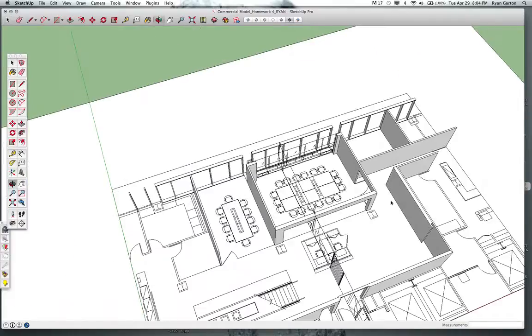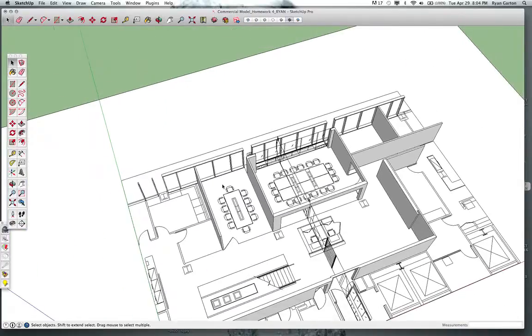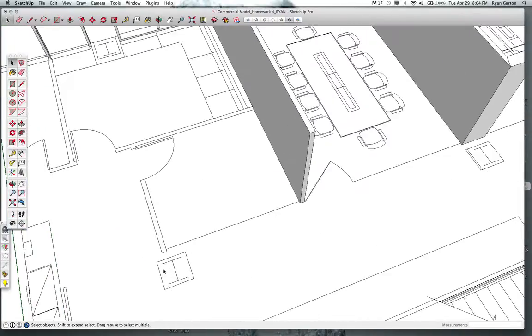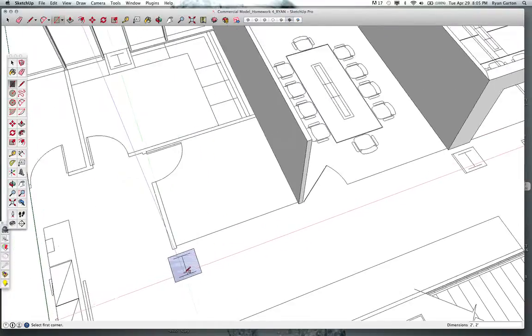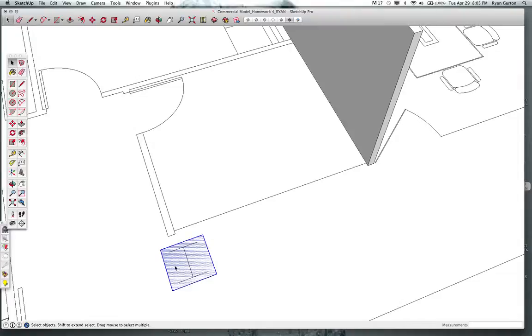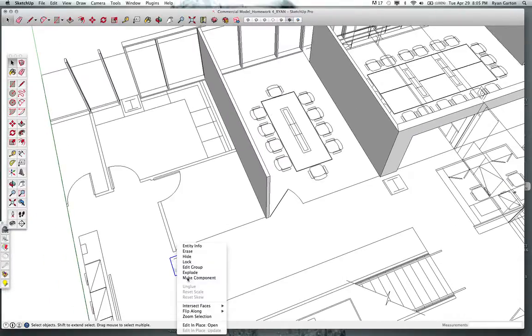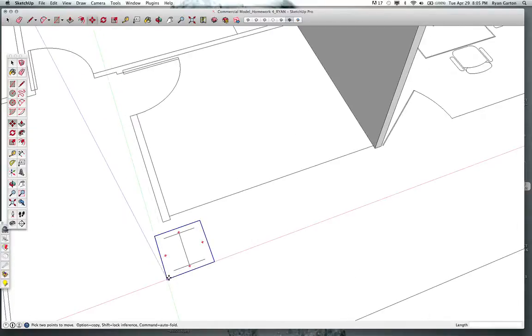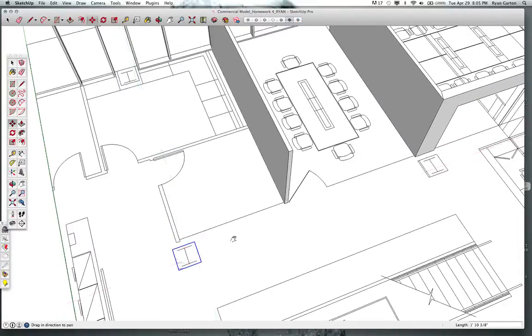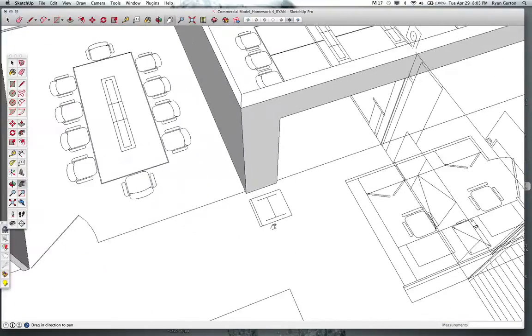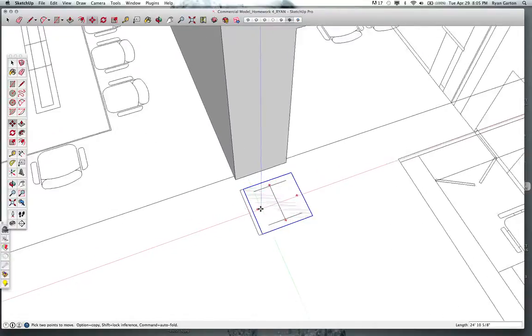So I've got all my mullions done, and that took me almost no time. Let's do the same thing with our columns. I'm going to start with one here, and make it a rectangle. Double click, make it a group. Now right click and make it a component. Now as I copy this using my copy button from column to column, I can see that in some cases